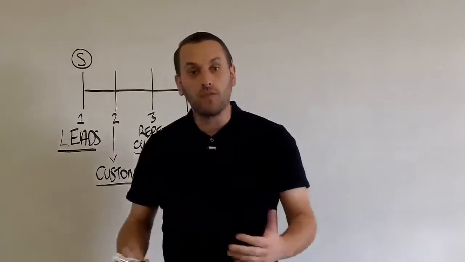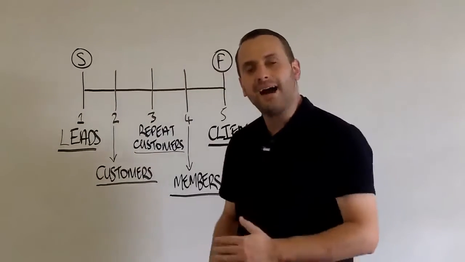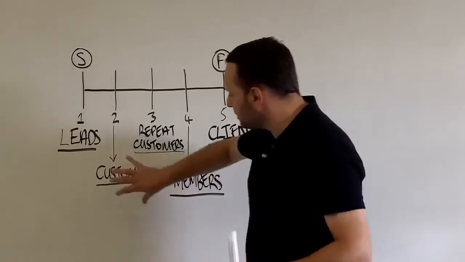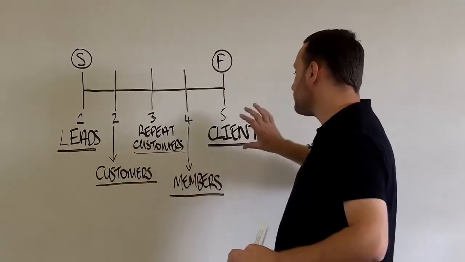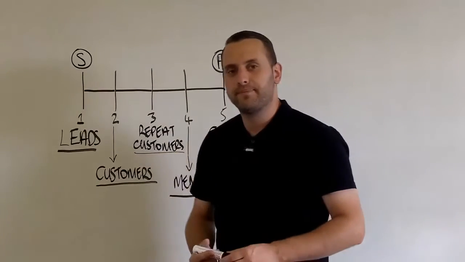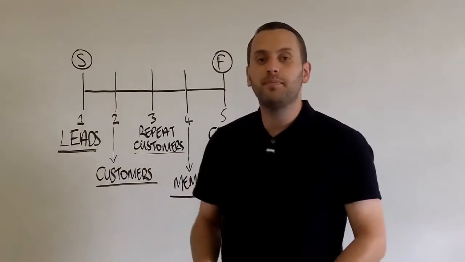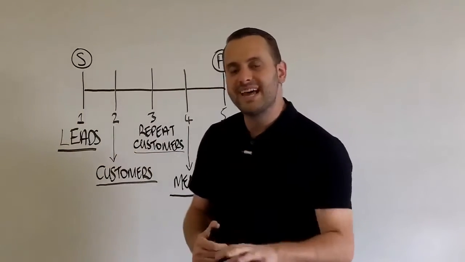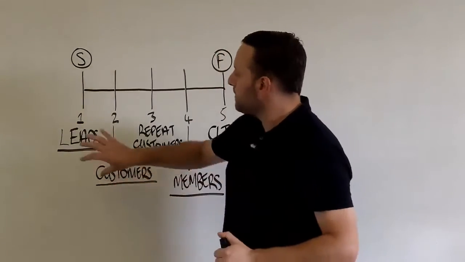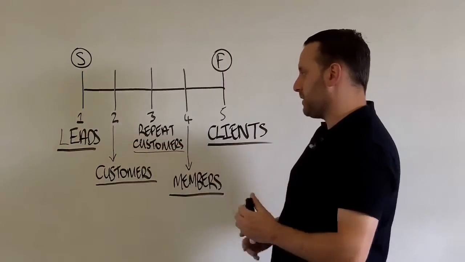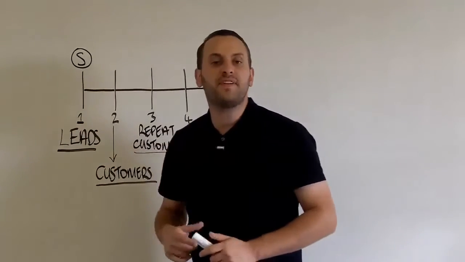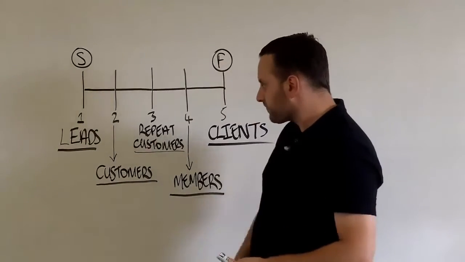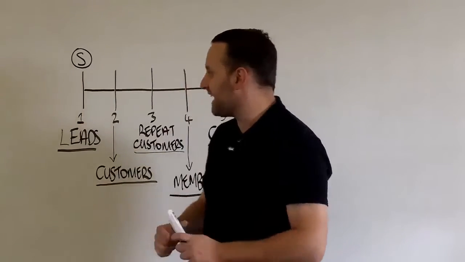Now, obviously you need to know exactly how do you do that. How do you get leads? What do you do to do that? How do you get customers, repeat customers, members, and then clients finally? Okay? Well, that is done by having 5 pillars in your business, 5 integral parts that actually make these things happen. Okay? Now, when you've got these 5 pillars in place and they're all optimized to convert, that is when you can start to get traffic.